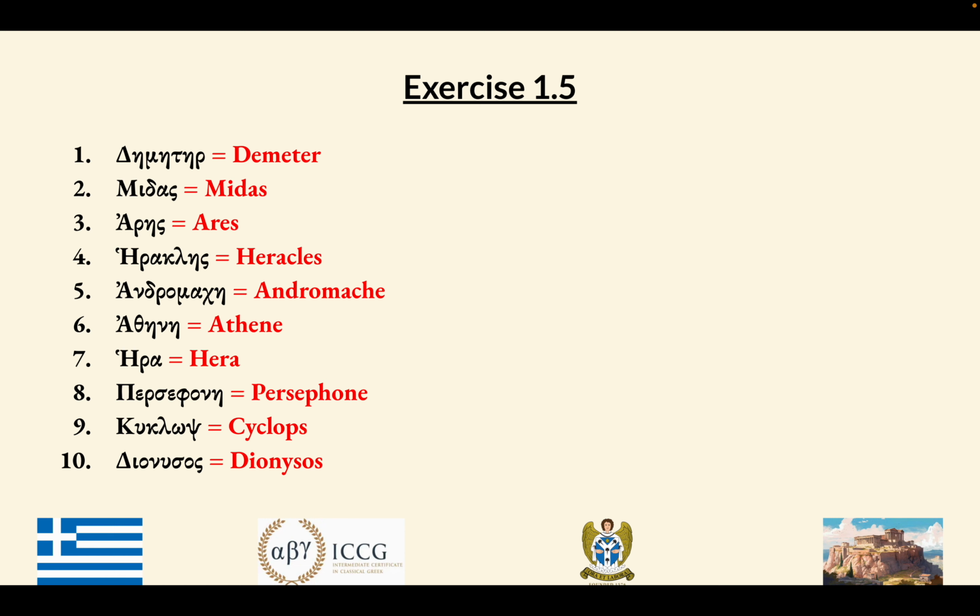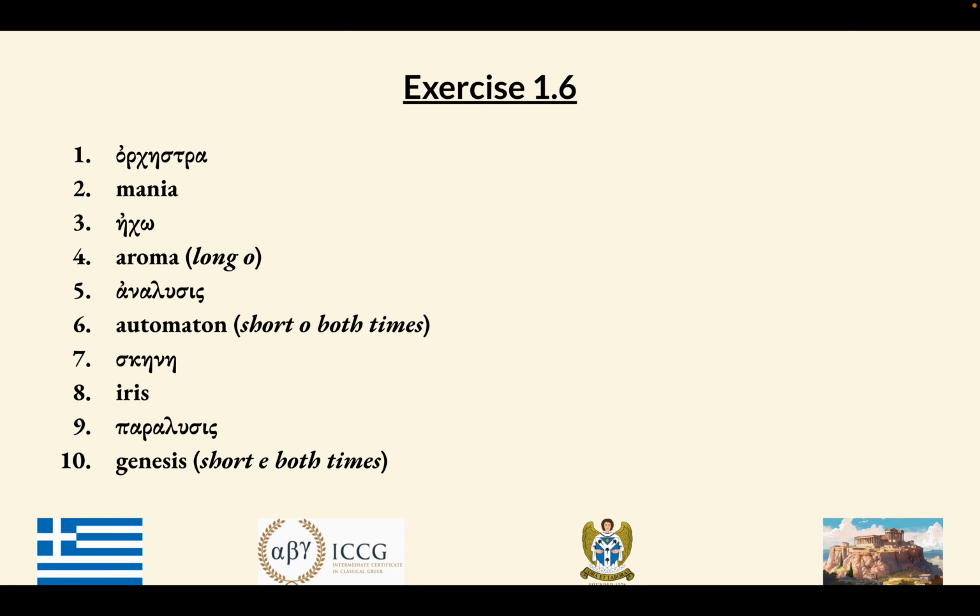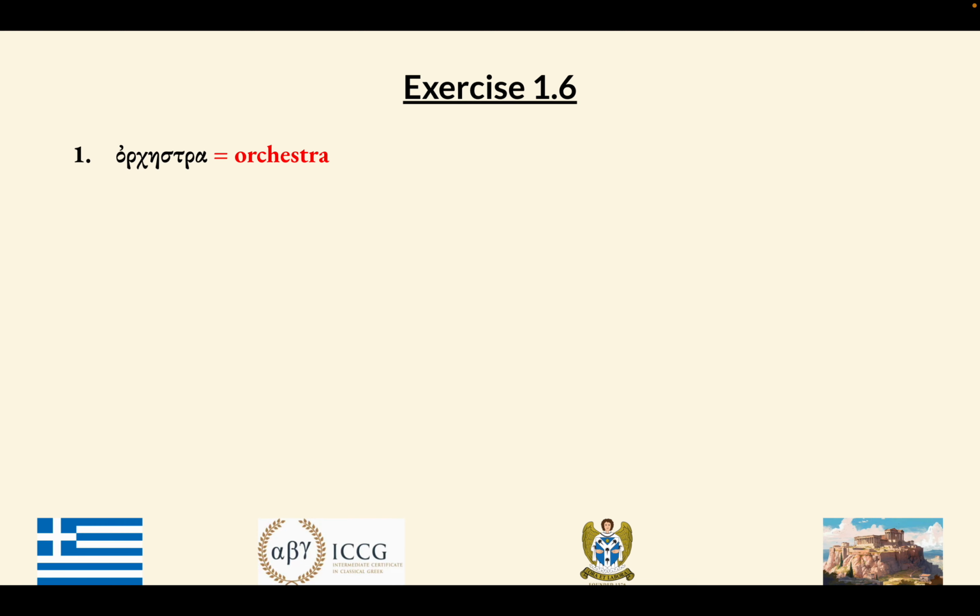Both of those English letters, the U and the Y, are kind of derived from, if you like, the upsilon in Greek. All right, 1.6. Some of these are going Greek to English, some of them are going English to Greek, but we're still looking at transliteration rather than translation. So we have orchestra, mania, echo, aroma,